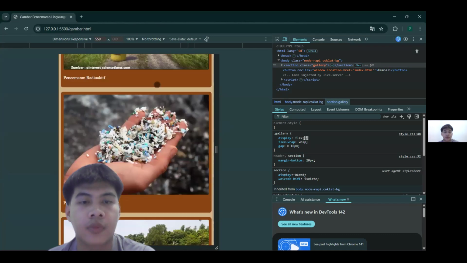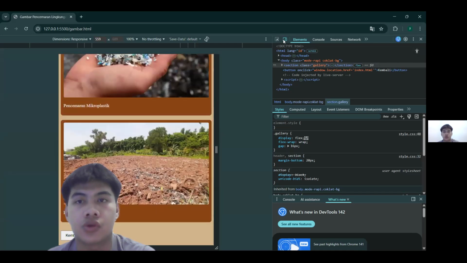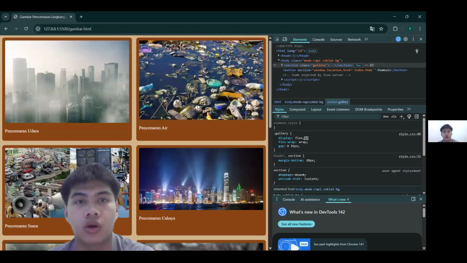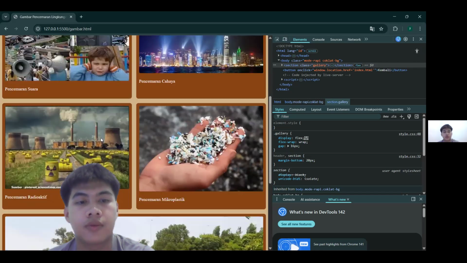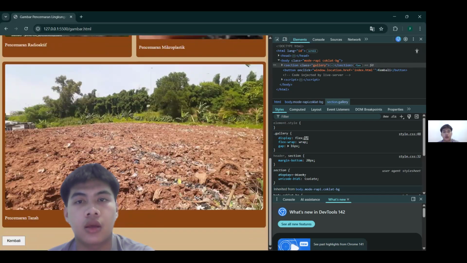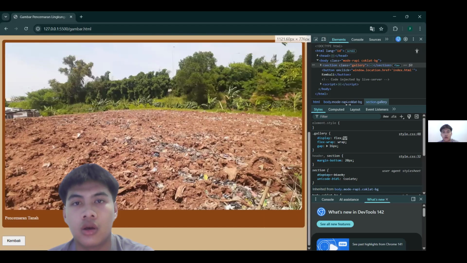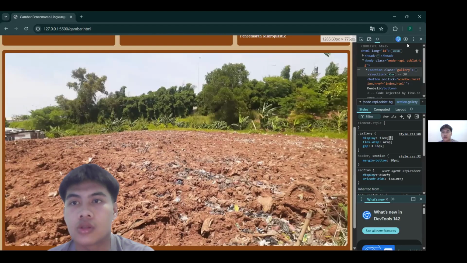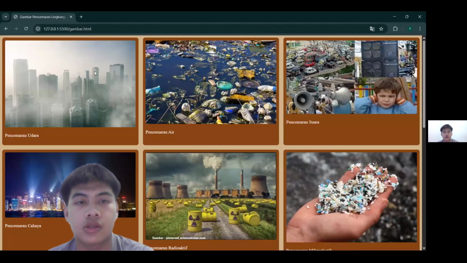And then when I go to tablet mode, it will show four cards like this. And then when I go to laptop mode, as you can see, it will show three cards per row.